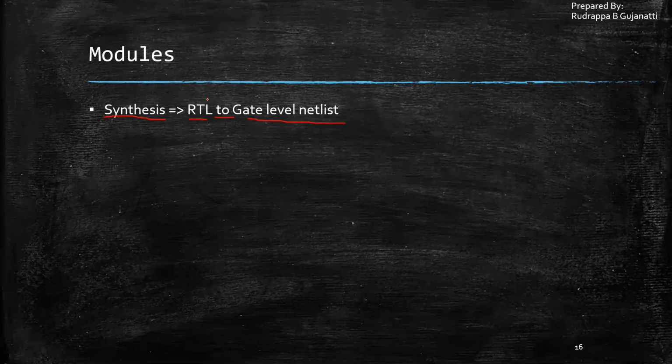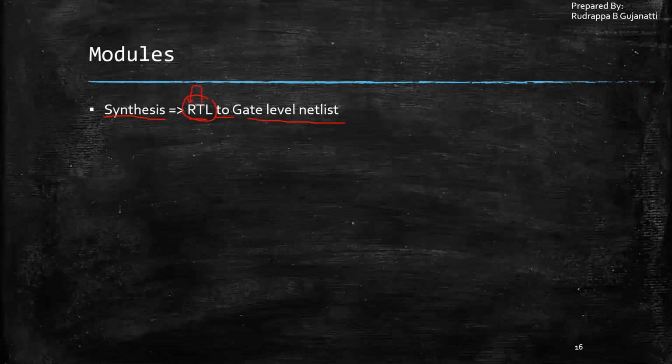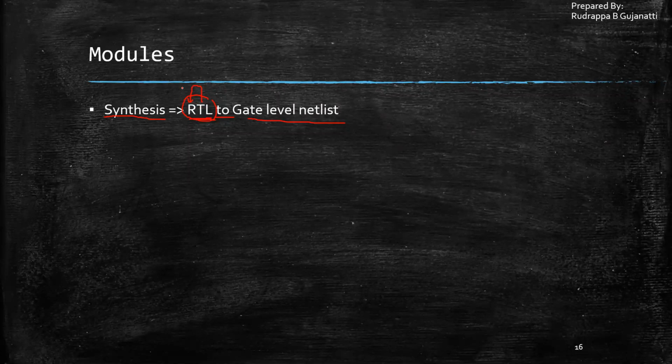Now, in previous sessions, we had discussed what is meant by RTL. RTL gives the information of how the data transfer happens between the registers. RTL is register transfer level. So it gives us that information about how the data transfer happens between the registers, and what the design process is which will be acting on the data.